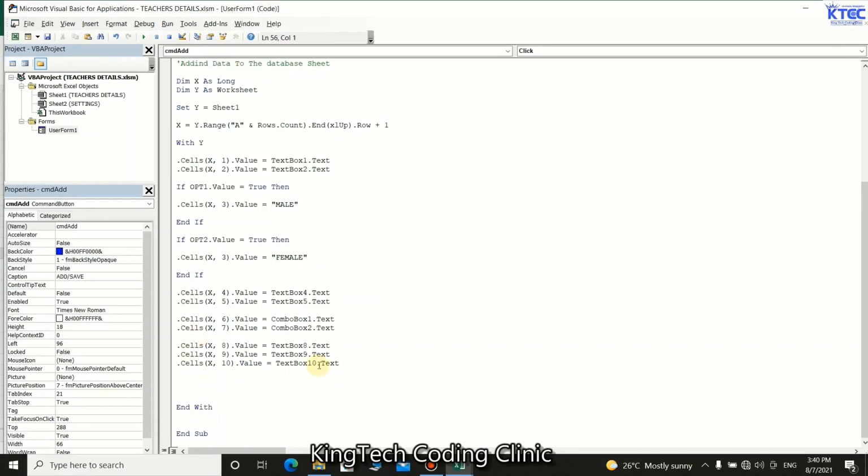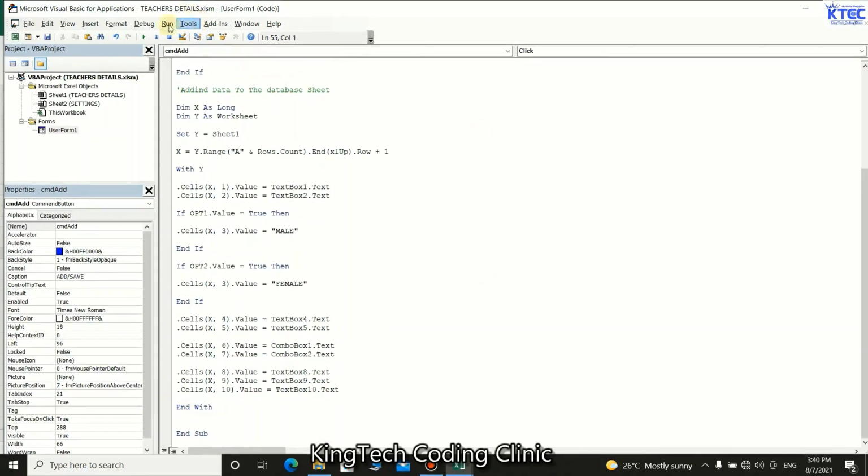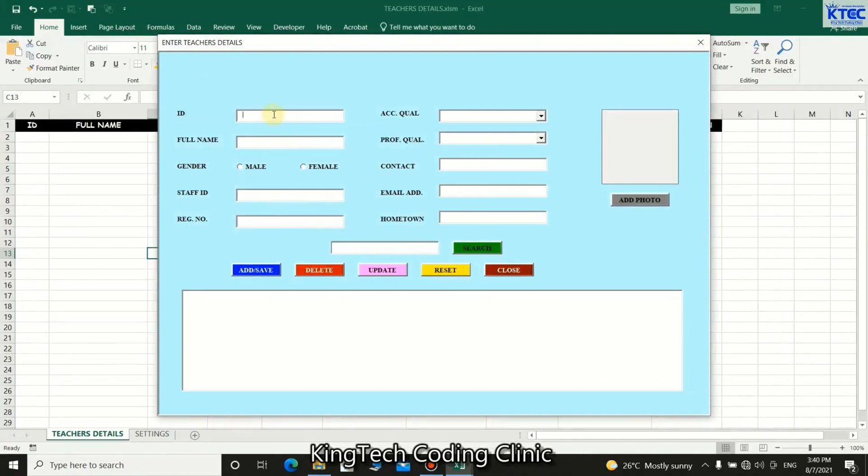So here we can try. It means now we are done submitting our data. Okay, we can try that and see. So let's run it and see something. So let's enter this, and then if you try to add, it will say we should enter name. So let's enter name now, James. Let's try adding. It will say we should choose gender, so we choose male. Oh shit, it has even added